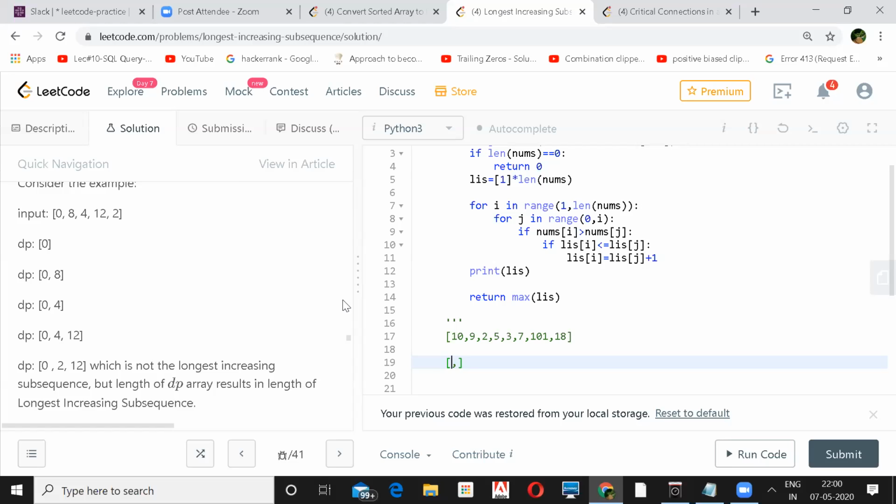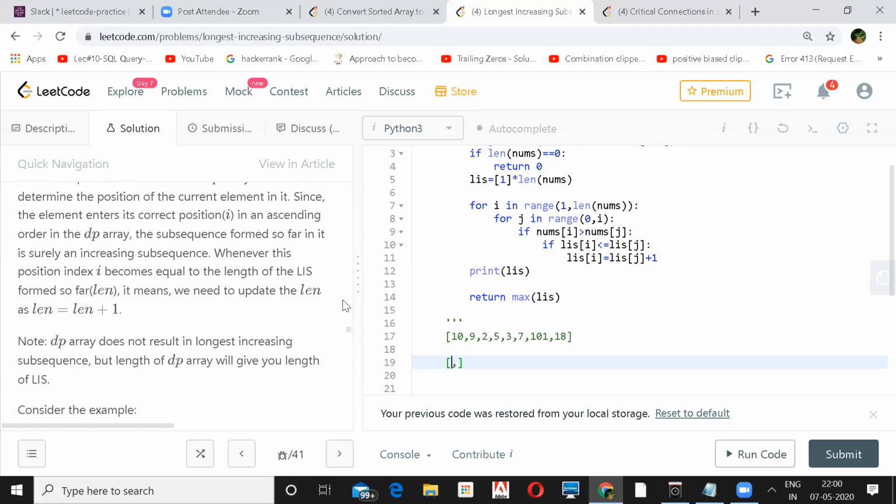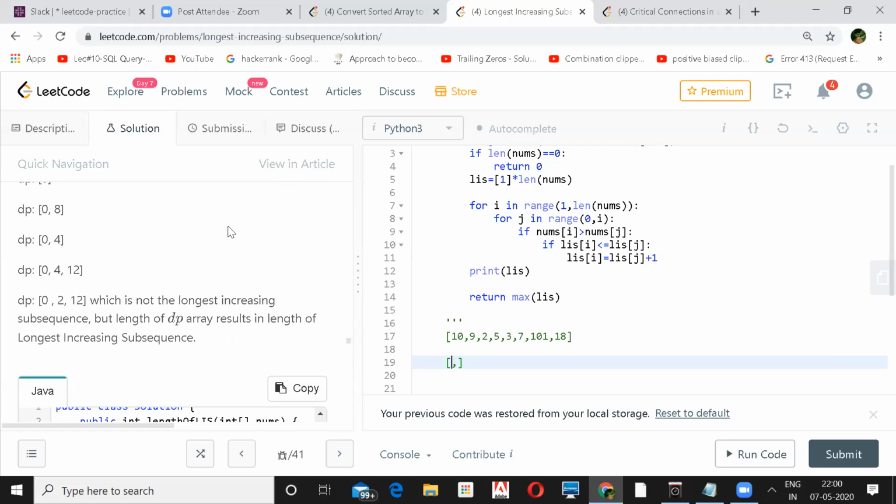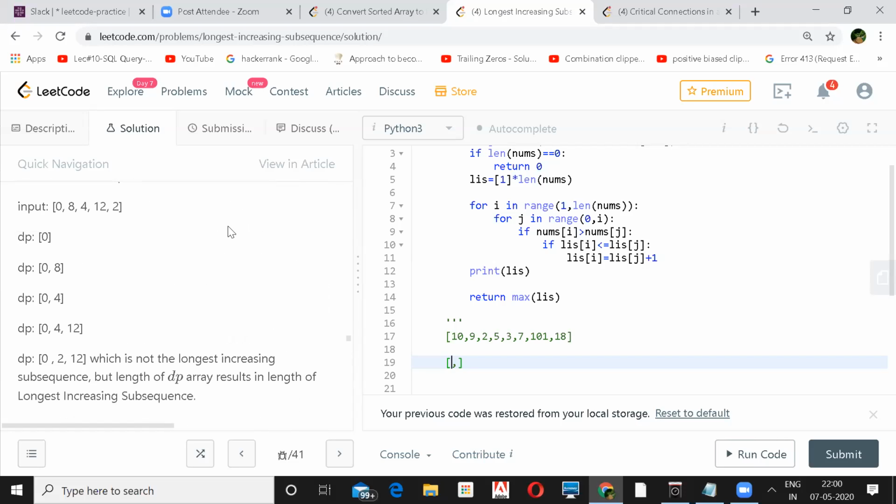Yeah, so that is the place where they are using binary search, because that's a sort of 0 to 8, right? I'm not sure how the binary search function in Java works. If you look at that solution, then actually you come to know.